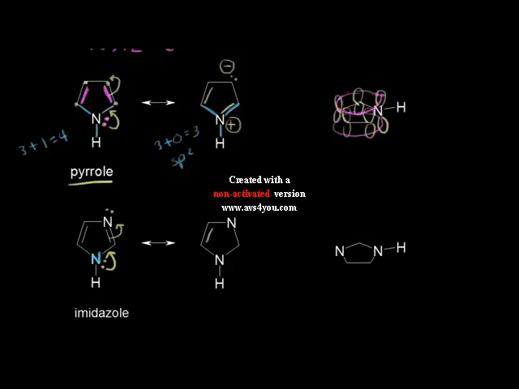So we would have some pi electrons here, we would have a double bond here, we would now have a +1 formal charge on this nitrogen, and we would have a -1 formal charge on this top nitrogen right here, like that. So once again, we've seen that this nitrogen in blue, it's actually sp2 hybridized, right? So let me go ahead and highlight it in blue over here on the right. This nitrogen is actually sp2 hybridized, so it's the exact same situation that we saw in pyrrole, which at first